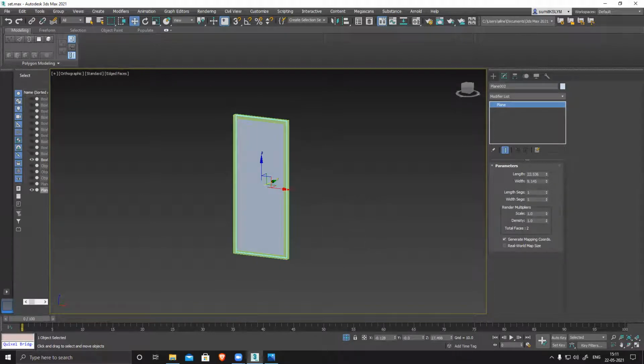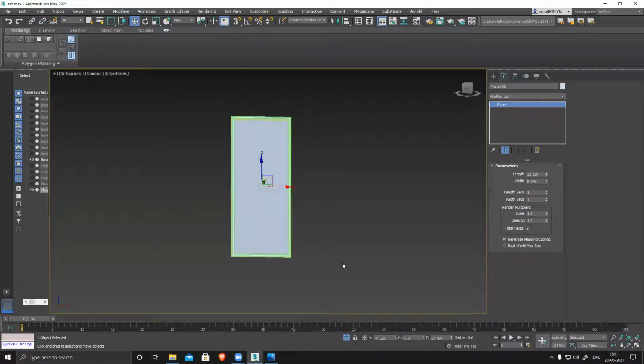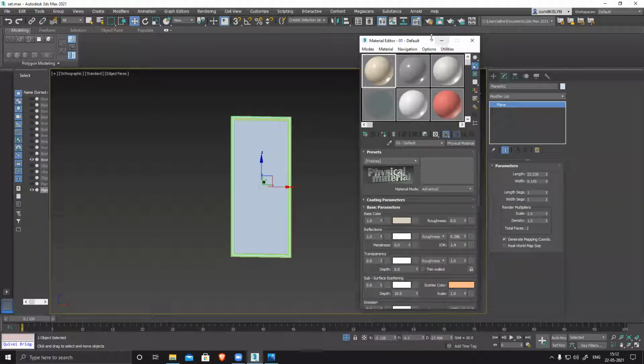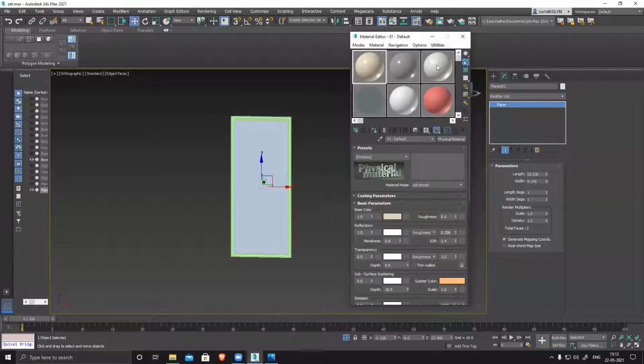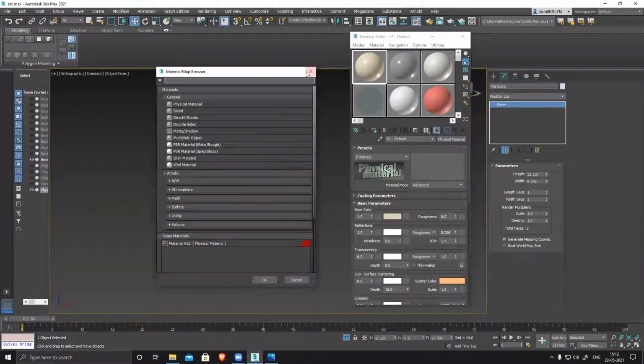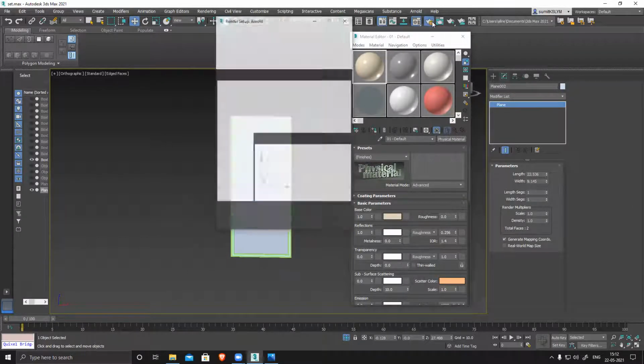you can see in our reference, it's a net, it's a mesh kind of thing. You have this net-like transparency, you can see through this thing. So how do we do it? By default, all primitive shapes are unwrapped. So what we do is we just apply a transparency there. How do we apply it? If you press M on the keyboard, you can see this material, right? And inside this, I want to use a basic material, I don't want to use a physical material. Right now Arnold is selected, so I want to go to my default scanline renderer.